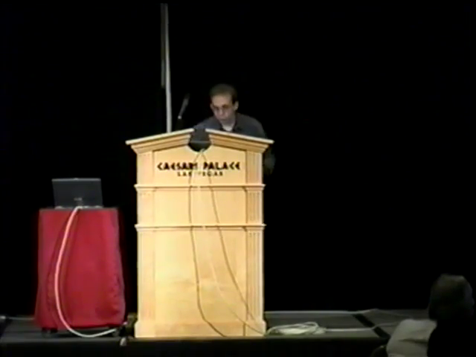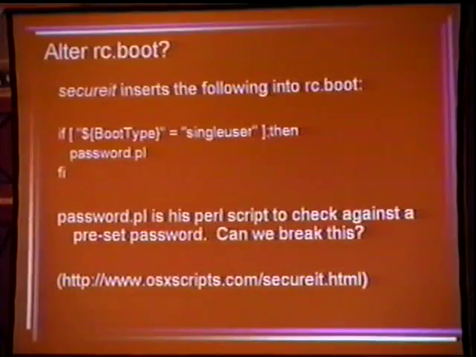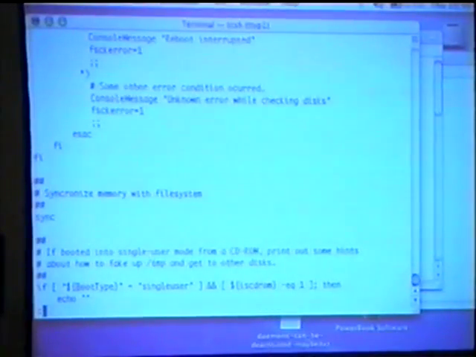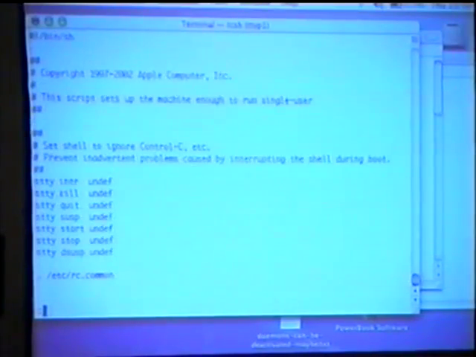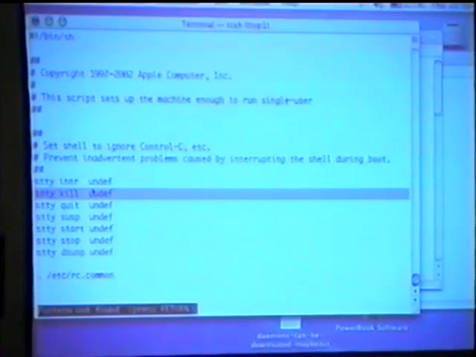If you can find a way, kill, quit, start, stop. There's not a trap. I haven't seen this before, but I'm assuming that that's handling each of these signals.